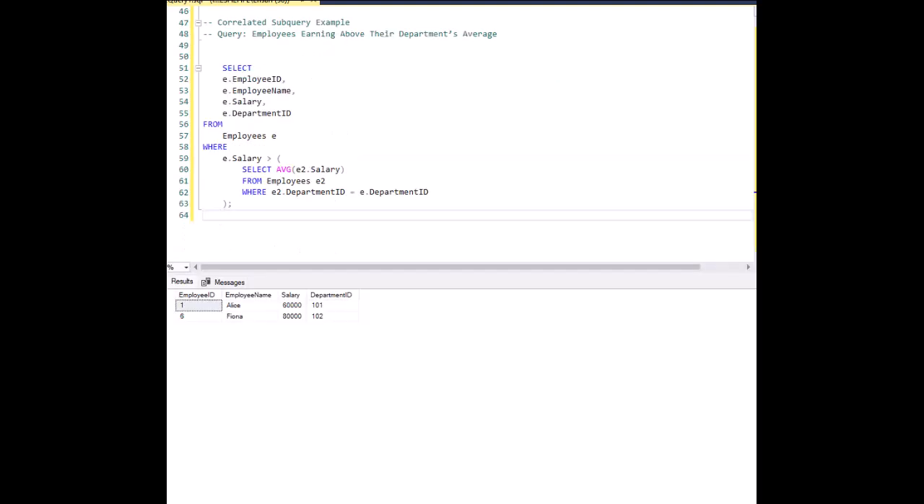And now a subquery example. Employees earning above their department average. What it does: this query retrieves employees whose salary is greater than the average salary calculated for their specific department. How it works? The inner query